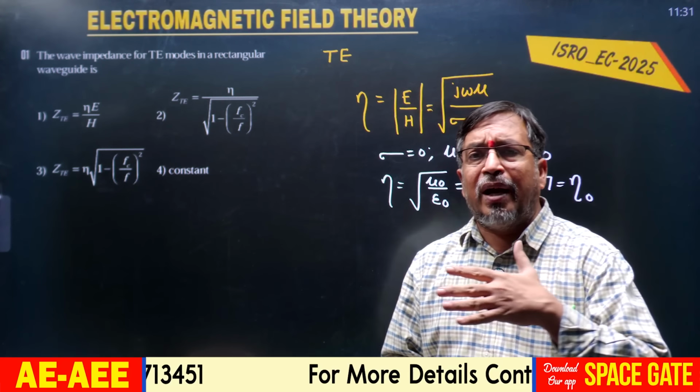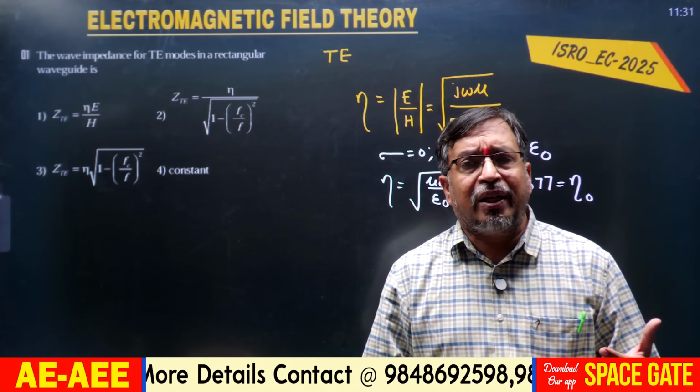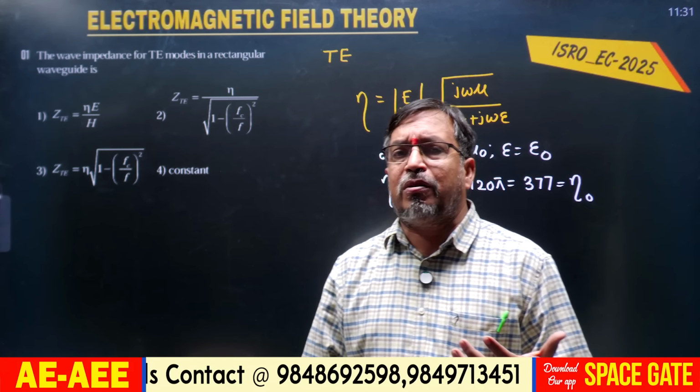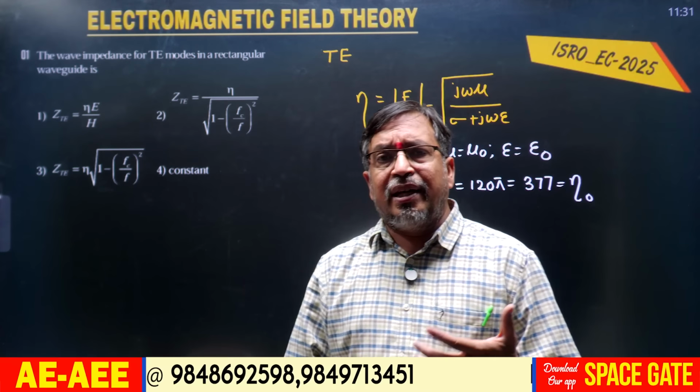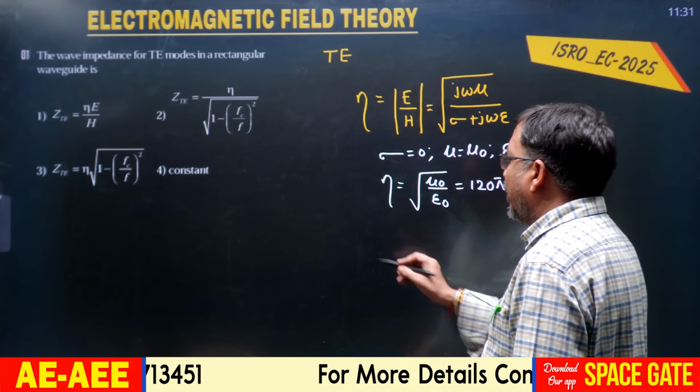If the electromagnetic wave is propagating along the plus z direction, in TE, Ez equals 0 but Hz is not equal to 0, and in TM, Hz equals 0 and Ez is not equal to 0. Therefore, here